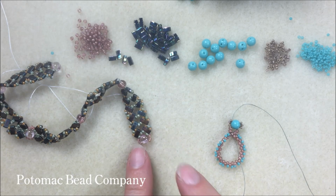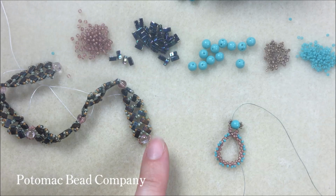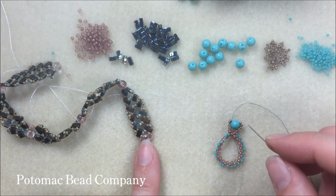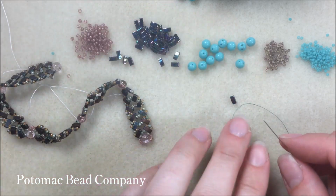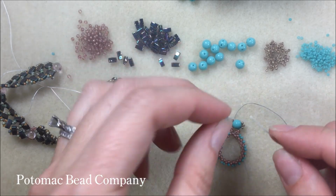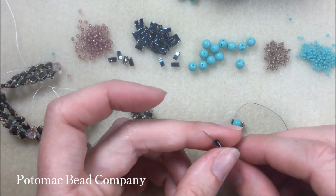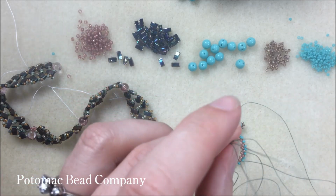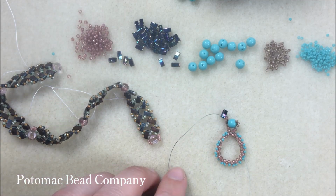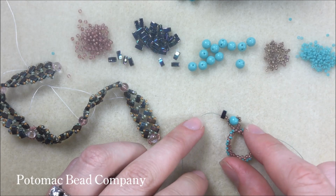So you can see I'm coming out of the RounDuo bead, and what I'm going to do as I'm coming out of the RounDuo bead is I'm going to pick up an 11-0 and then go into my Half-Tila, into that side hole of the Half-Tila. So I'm going to pick up an 11-0 and I'm going to go into the side hole. The Tilas do have one side that's a little bit more rounded than the other. I usually don't worry about it. So I'm in my Tila bead there, and basically this Tila is going to sit straight up and down like